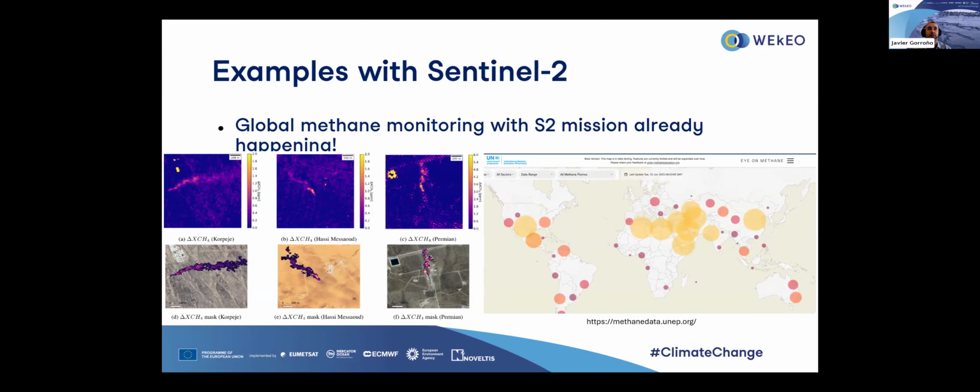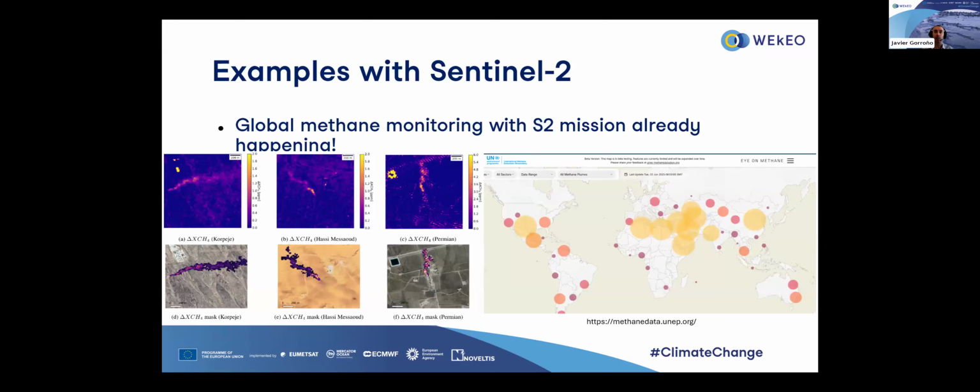As I was saying, Sentinel-2 might not have the best sensitivity for a mission, but because it's there, with a 5-day revisit, it brings a lot of opportunities. And here you can see different examples. The one on the left is a plume in Turkmenistan, which you can see from an oil and gas rig. This other one in the center is an example in Hassi Messaoud, which is in Algeria. It's another place we are monitoring. And the one on the right is a plume that we can find, for example, in the Permian Basin, which is an oil